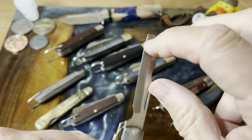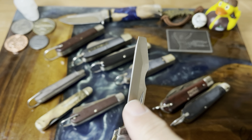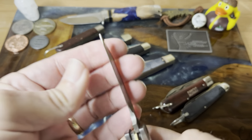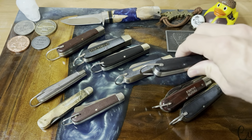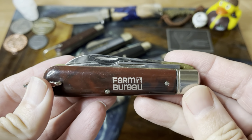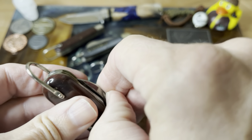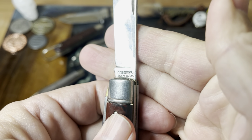Almost just this is like the only portion that is not sharpened. The rest of that is, but again, really good knife, USA made, Colonial. I have another Colonial here, and this was from the Michigan Farm Bureau. I found this in an antique store, and so this was a Colonial, and here is the tank stamp on